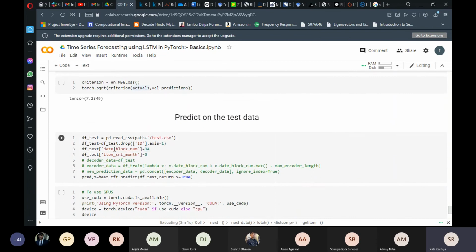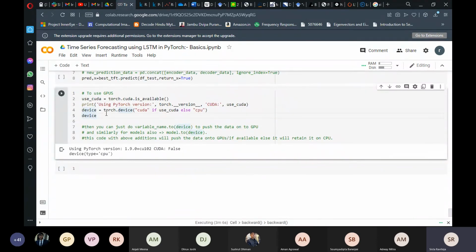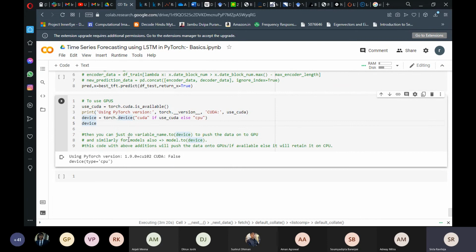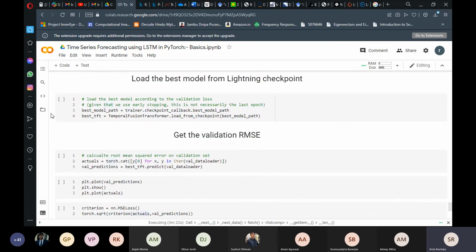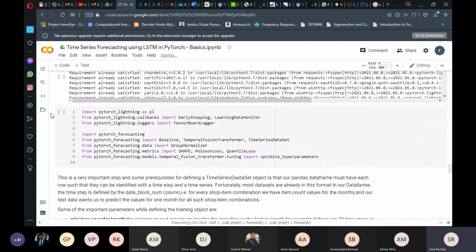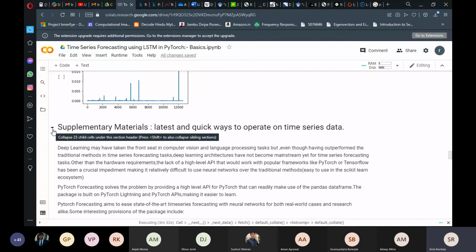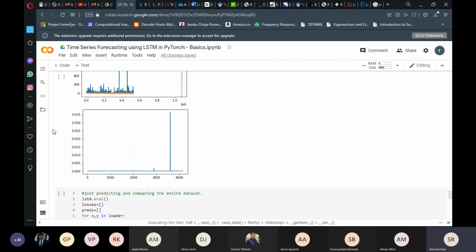Finally, what I have included at the end of the notebook, in case you are using GPU instances, is a piece of code that you can leverage to put your data onto GPU, and how to do that if some of you are not used to using GPU systems, with some examples. So this is very brief supplementary material that we have gathered for you. And this is based on one of the notebooks from the challenge itself, which is very well built. So in case anyone is interested, you can have a look at this.